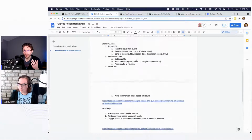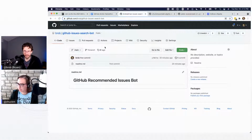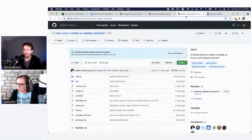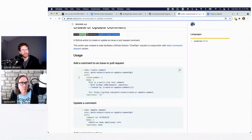Anyway, so I think we can kind of get started looking into things. We have a repository already set up. It has a README and nothing else. So we're going to be doing a lot of handcrafting there. Like I said, we've got Chuck's add Algolia record, and we have Peter Evans' create or update comment, which is just a way of posting a comment to an issue or to a pull request or to, I think, really anything you can comment on inside of the GitHub